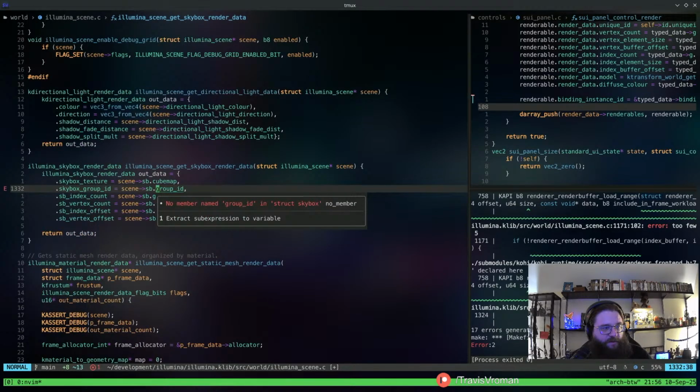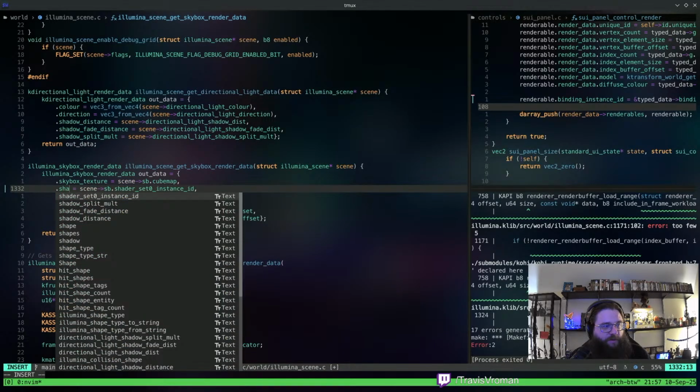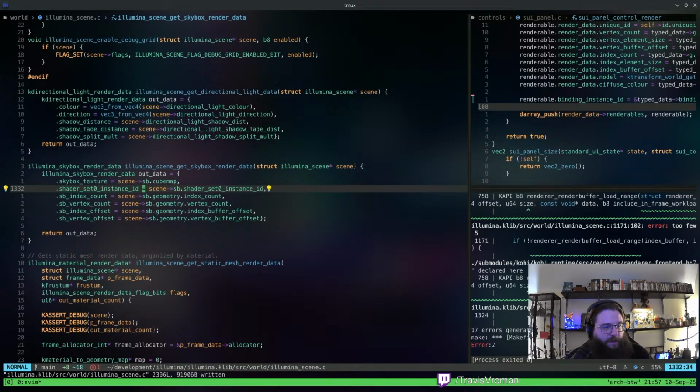All right, what's the rest? Okay, so render data is going to be the next thing, right? And I think our scene render is going to have a lot of fallout from this. But the skybox group ID, let's see, that should be shader set 0 instance ID, right? So this is going to be set 0 instance ID. Maybe I should have been more explicit with my naming elsewhere too, but why is it complaining about that? U32.